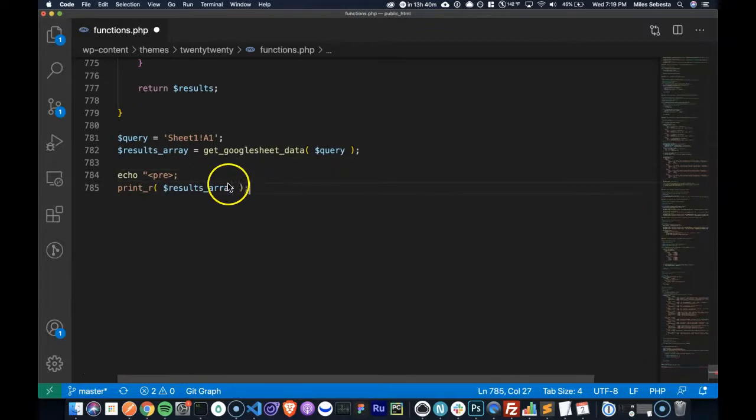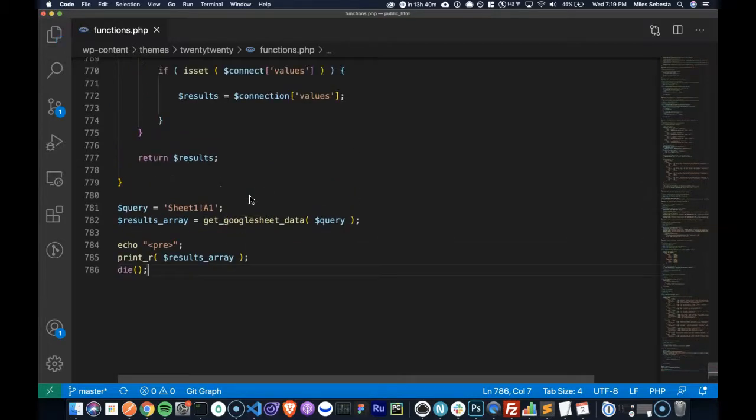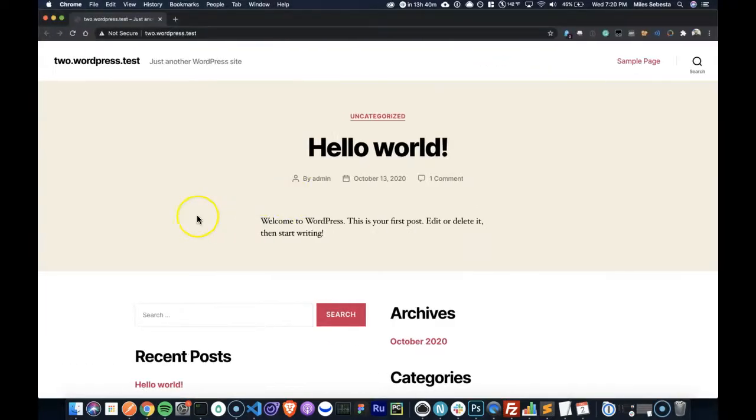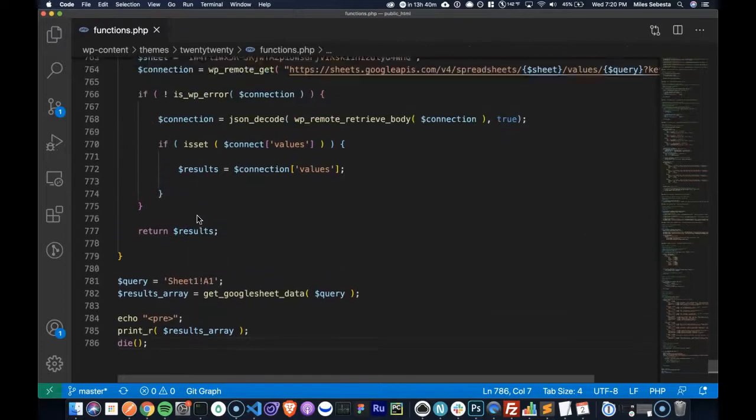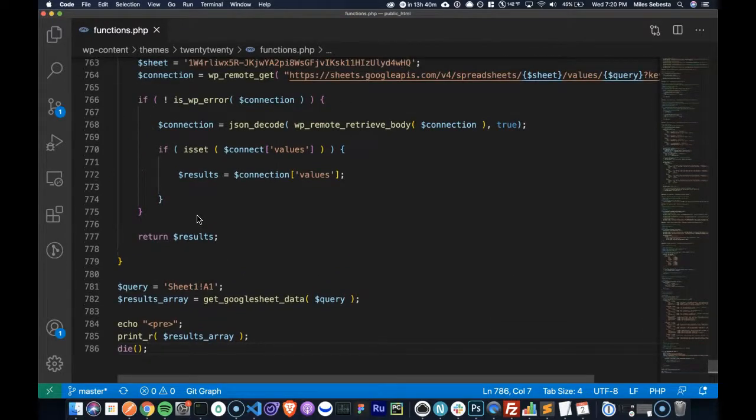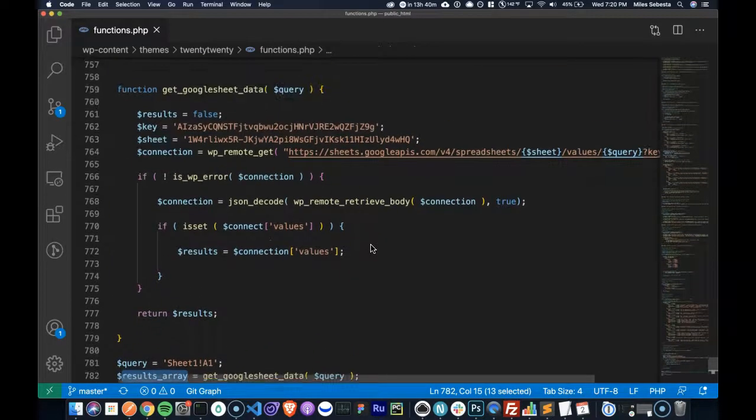And then I'm going to make sure that I kill this script. All right. So let's see what happens. So I got nothing. Query. All right, so this is great.